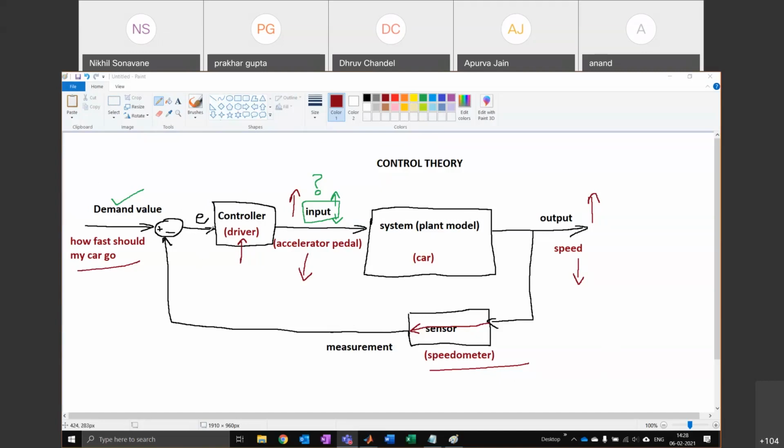Even in the human body, okay, if you want to lift your hand and, let's say, pick up an object, your sensors are your eyes. Your plant model is basically your own body. So you will see if your hand is reaching the object by measuring with your eyes. Your brain will control the motion of your hand and you will perform whatever action you need.